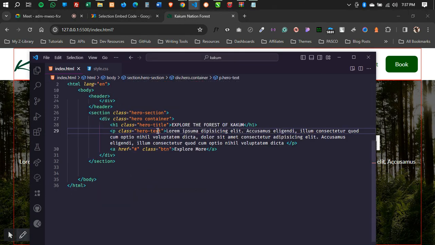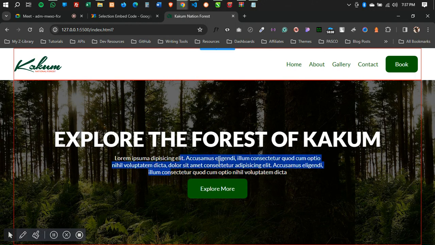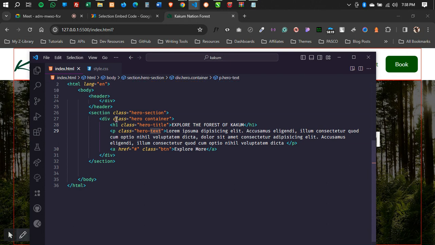Is it hero? No, it's hero text instead, not hero description. Right, and we have it wrapping for X over here. Then I think we are good to go for our hero section. Then the next thing we'll go back and work on